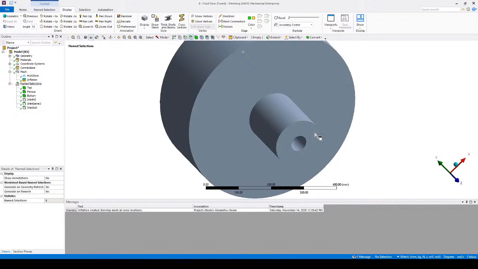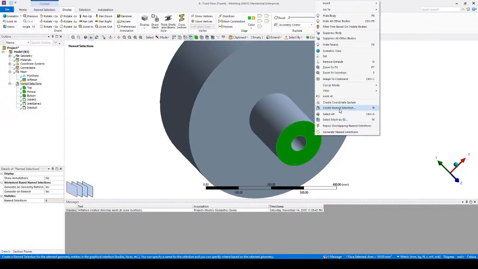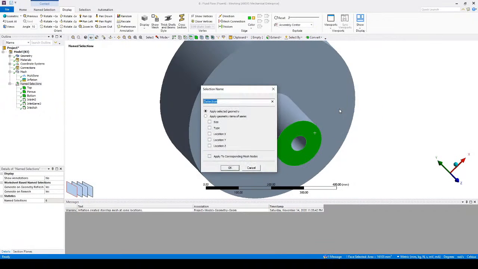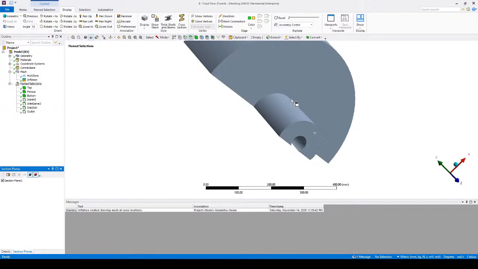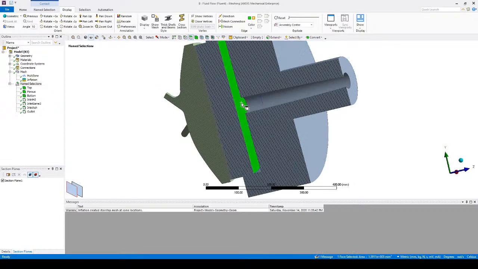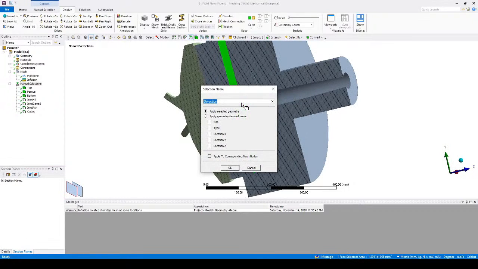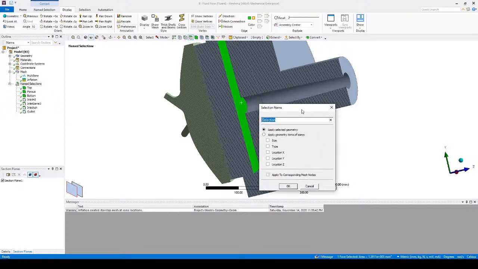We need an outlet. So let's create, I'm just right clicking and you can see you can press N for that as well. So this will be the outlet. And let's split it open. So I can use a shortcut N here and automatically allows me to specify a name selection. So this will be my deposition